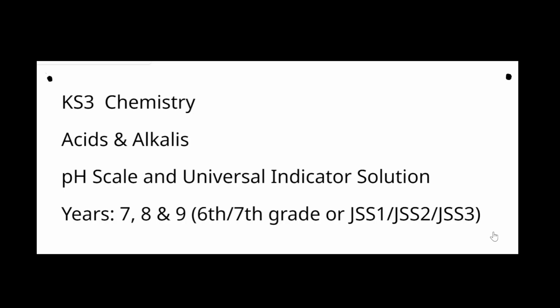For this session, I'll be looking at still on acids and alkalis, but talking mainly on the pH scale and universal